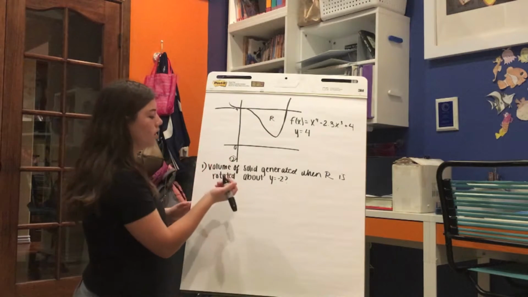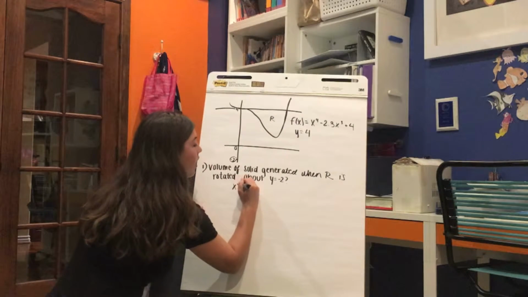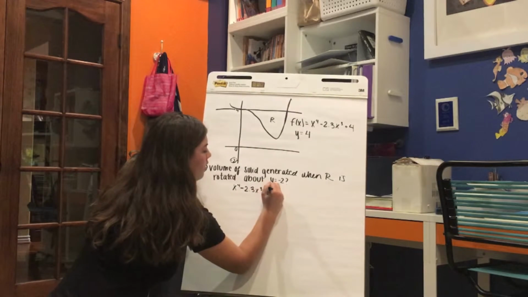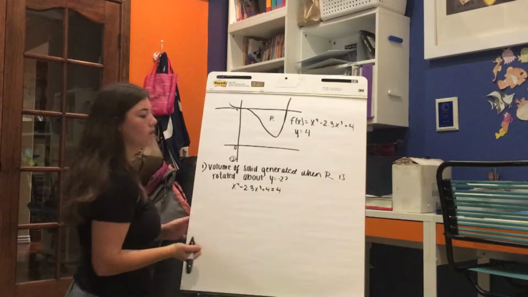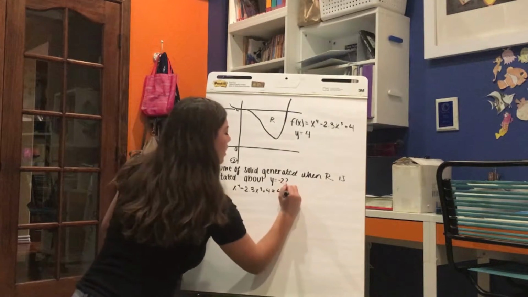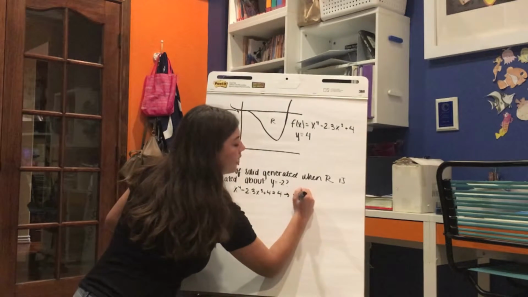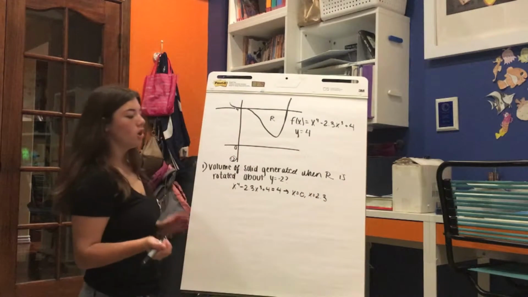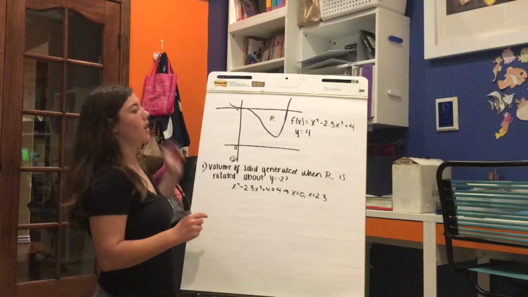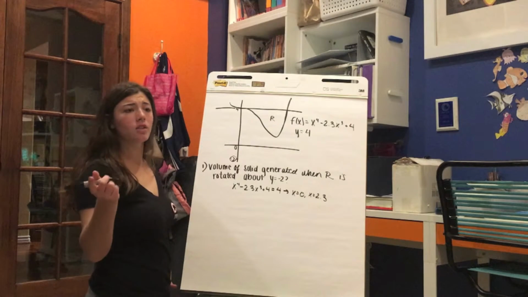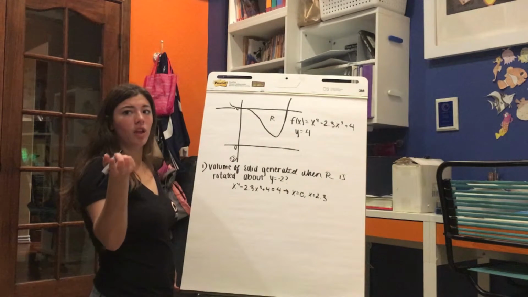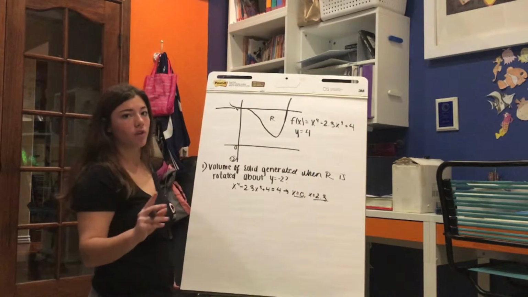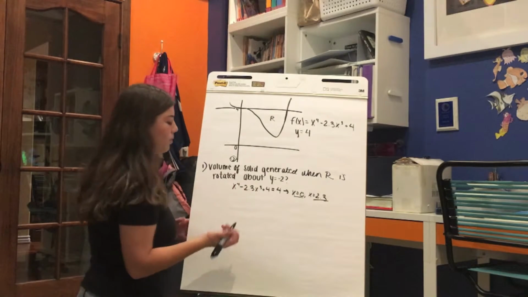So f of x is equal to 4, and you plug that into your graphing calculator, and you're going to get x equals 0 and x equals 2.3. So you know that those are your bounds for your integral. On the scoring guide of the FRQ, they want to make sure that you get these points. That's part of the credit that you'll get. So you set up your integral